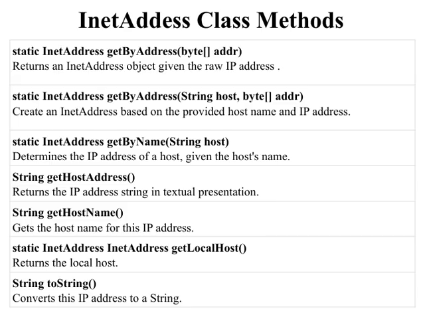There's also an overloaded version of getByAddress that takes a hostname along with the byte array. This helps in associating a specific host with its IP address, which can be handy in more complex network setups. Next, we have getByName. This method is quite important because it resolves a hostname to its corresponding IP address. It's a fundamental part of network communication, allowing us to connect to servers using human-readable names, which are then translated